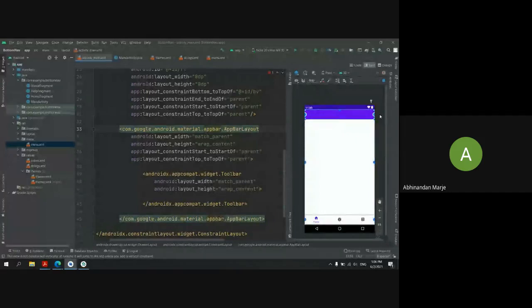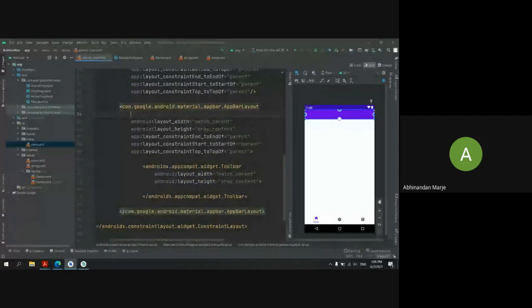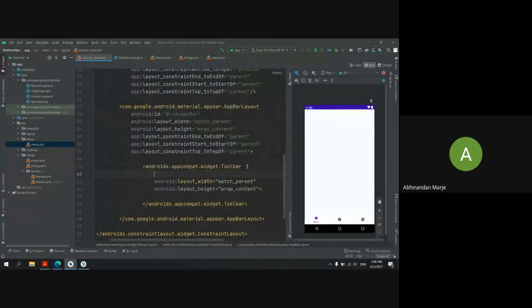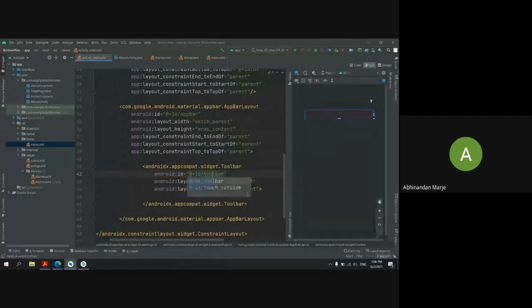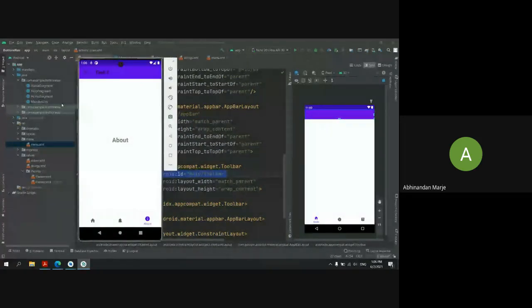Okay, so now my app bar is done and I added it. I will add some ID here. Right, so I gave it an ID. The next thing is I want this layout.